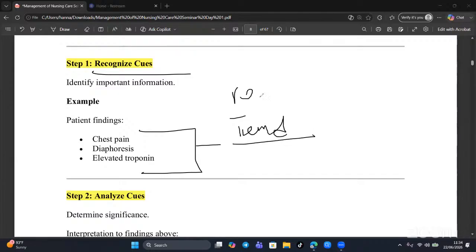Okay. I'm trying to recognize a trend. Let me now analyze this presentation I am getting here and make a decision. According to the books, according to physiology, if a patient comes with chest pain, diaphoresis, we